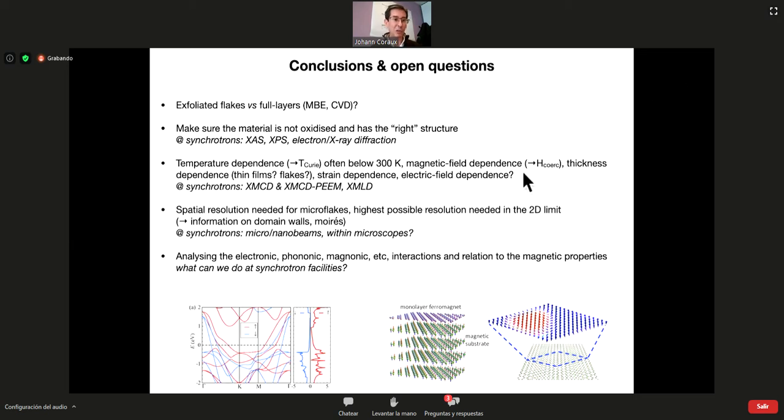Maybe I can ask you one, as you are an expert user for beam. How would you like to have a beam, or what would you like to have from a beam to have a better result, or in what direction do you think the beam should go if you want to fulfill the 2D materials? I think we need to, most often, we will need lower temperature than 300 Kelvin.